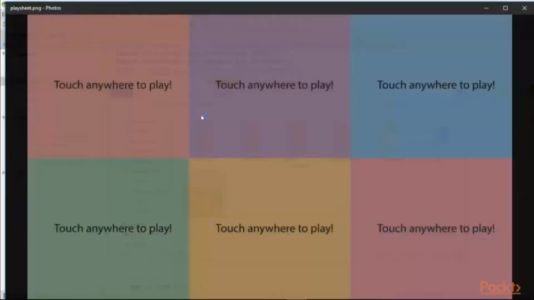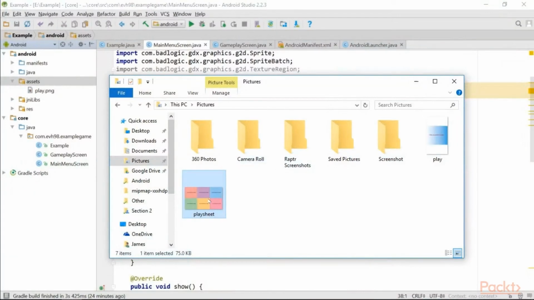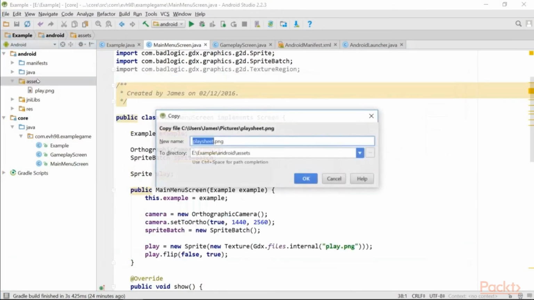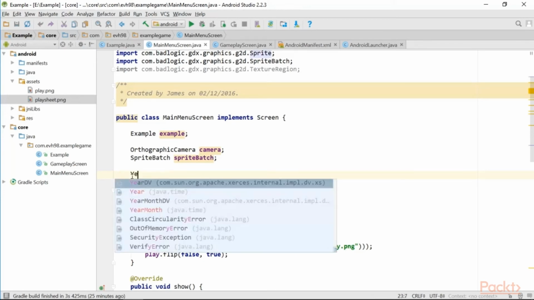And here, as you can see, I have 3 across and 2 down. So I have 3 times 1440 and 2 times 1280, which brings us back to 2560 vertically. I'm just going to copy and paste this into my Android assets folder. And now, instead of a single sprite, what we're going to do is have a texture